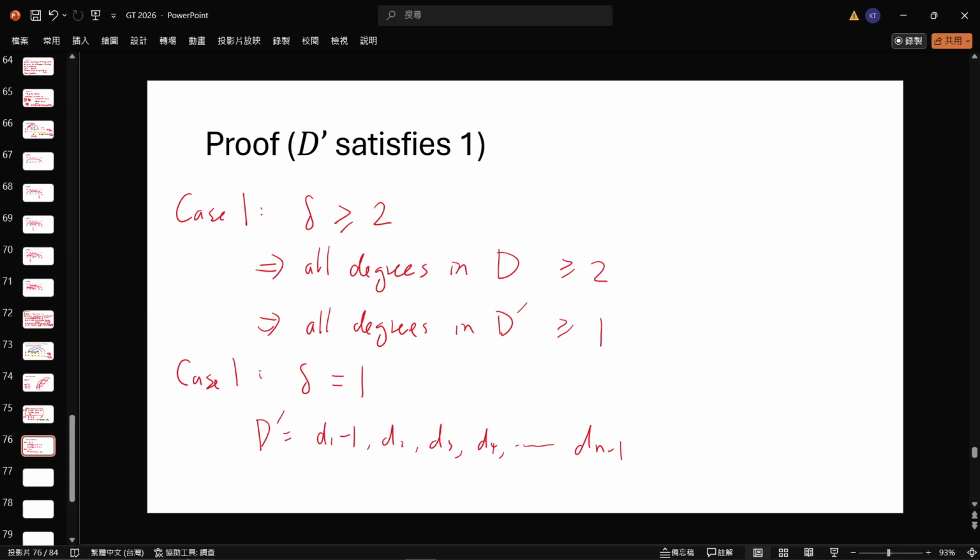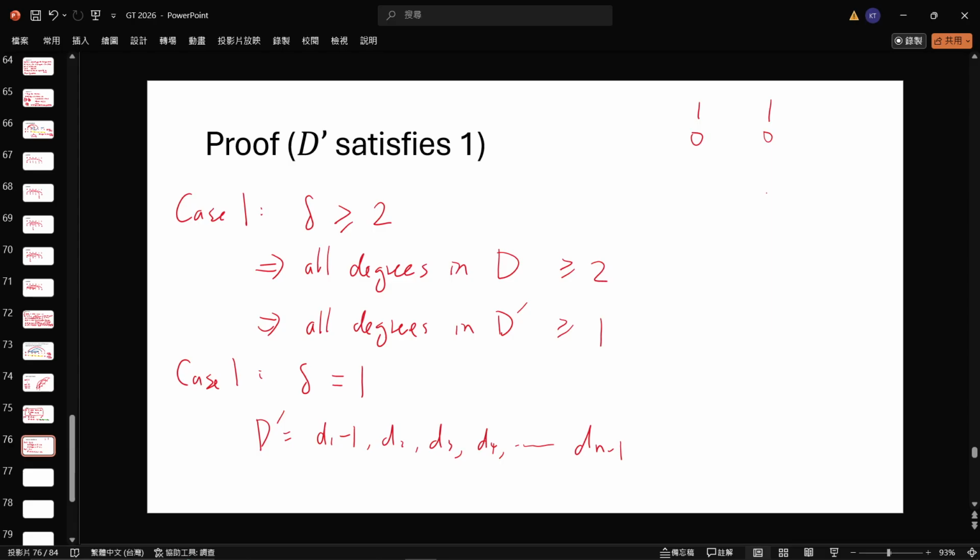So is it possible that D1 minus 1 is 0? 有没有可能 D1 因为我减一之后，它就变成0，有没有可能？换句话说，有没有可能 D1 是1？换句话说，有没有可能本来的 degree sequence 最大的 degree 是1？Yes, but I think this